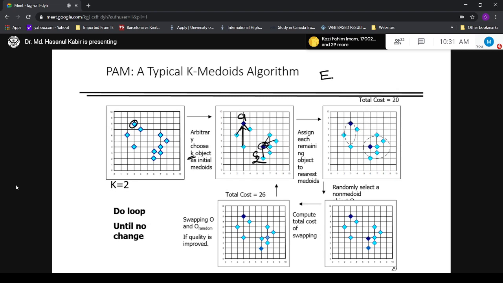Now what will we do next? We'll see that instead of taking this one as the cluster center, if I pick a new sample as the cluster center, what happens? This member selection is totally random. So that means instead of this one, as you can see over here,